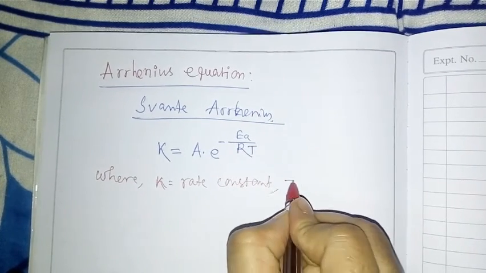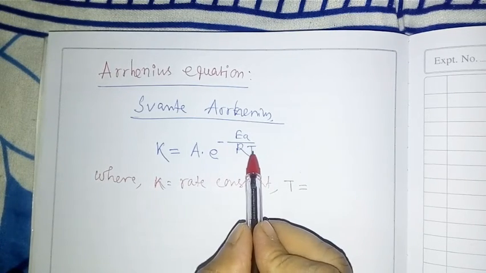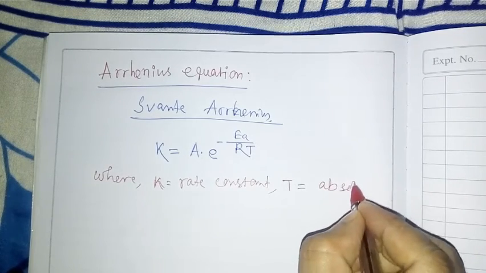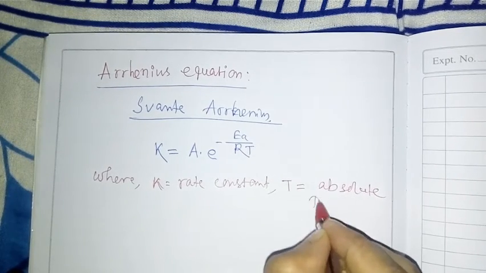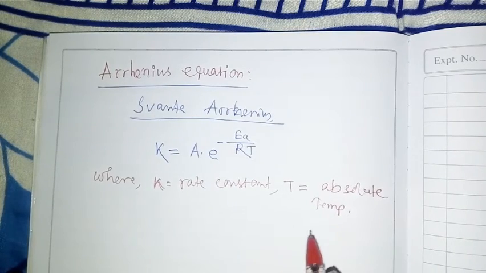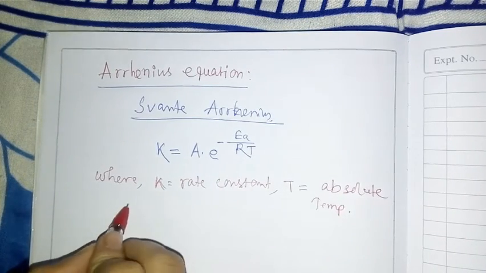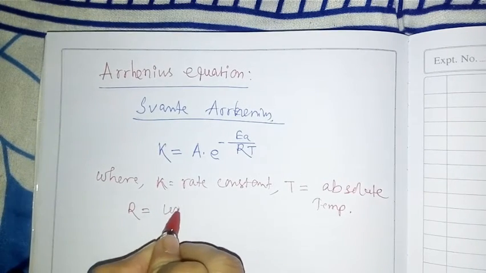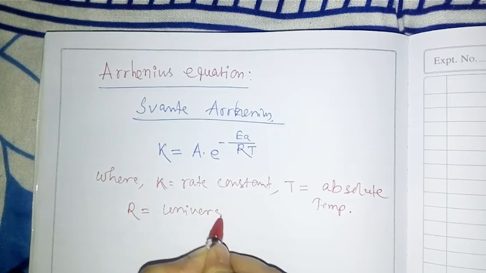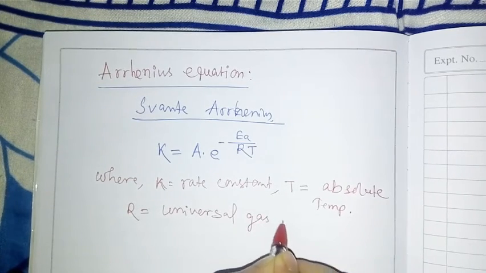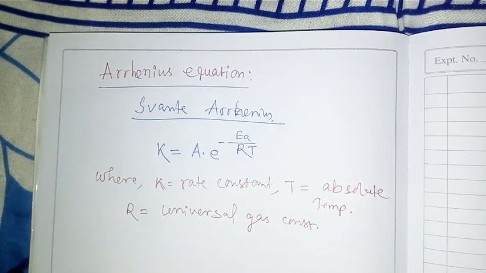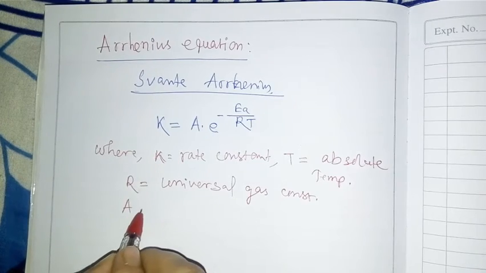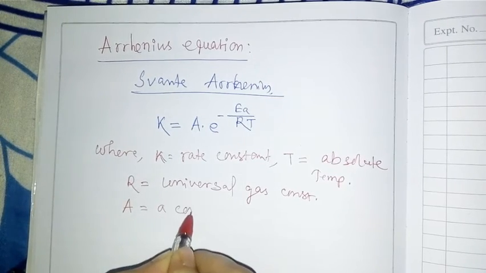T equal to absolute temperature. R equal to universal gas constant. And capital A equal to a constant